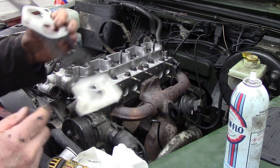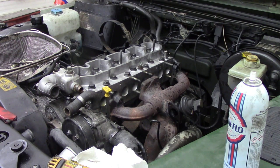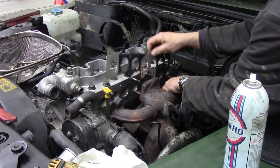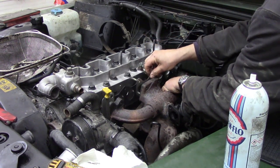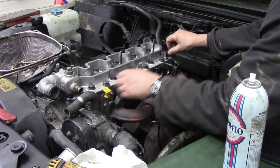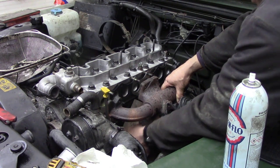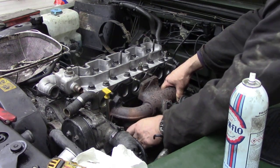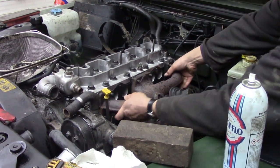not that way. And the reason is that this has got a little step on it. It's a little bit higher, so you'll be able to fit that on alright. So we just pull that back, put it the right way around, and then pull it back. There we go. That one like that. Then we can take our block of wood out somehow. There we go. Then we can lift that manifold on like that,